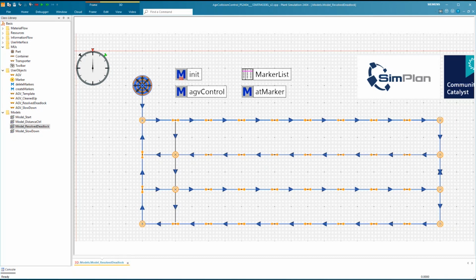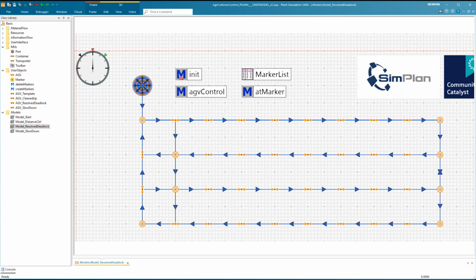But there would be other ways of preventing it: not using the distance control mechanism, but using your own mechanism, which is something I would talk about in a follow-up session, like making reservations or announcing to the markers where you are going, so that other AGVs know that they shouldn't go there yet. This will remove the overhead that is running in the background because you can limit the checks to only the situations that are actually relevant.